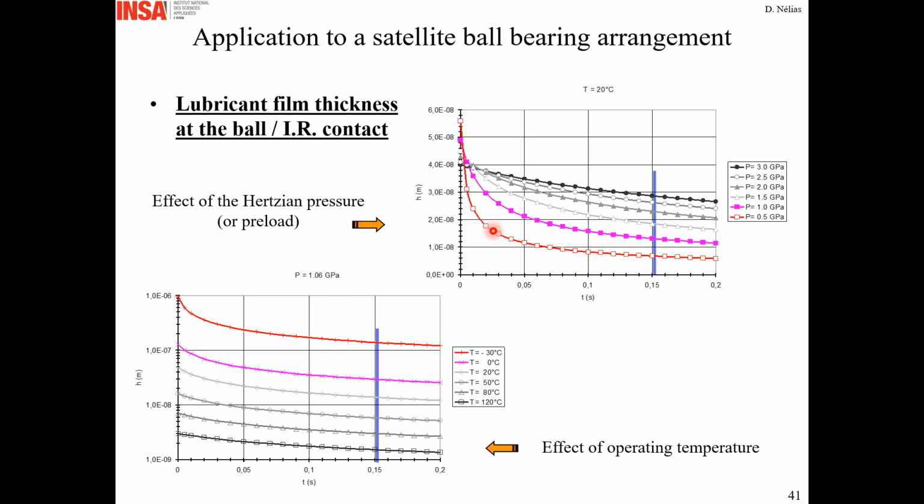The Grubin equation. I think these trends are valid for any type of situation. It's just that the starting point corresponds to the stationary solution given by all of the formulas that you have, and after that the decrease of the film thickness depends on the previous relation that I've shown before, which depends on the viscosity. Then the higher the viscosity, the smaller the decrease of the film thickness.